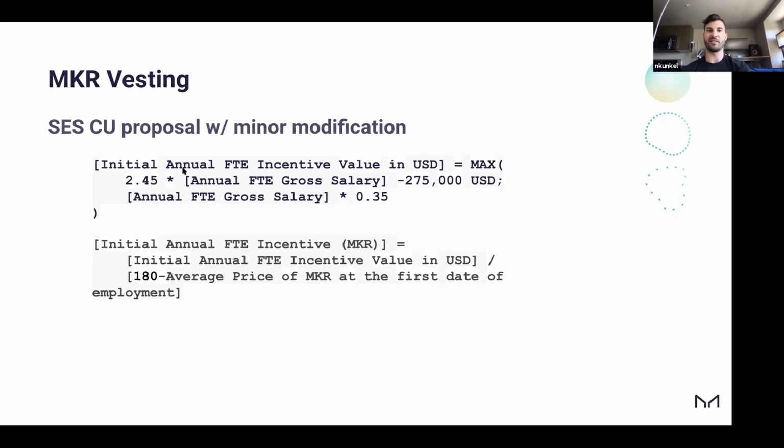And so that's going to be the dollar value of the incentive that people should receive in MKR, and then that is translated into the amount of MKR by using the 6-month trailing average at the first date of employment. So you'll just take the historical average price of MKR over those 6 months. And if you look at the forum post, I linked to a website that will show you the average price over any time period. And so I put in an example of what the last trailing 6-month prices has been and how that translates to an MKR amount.